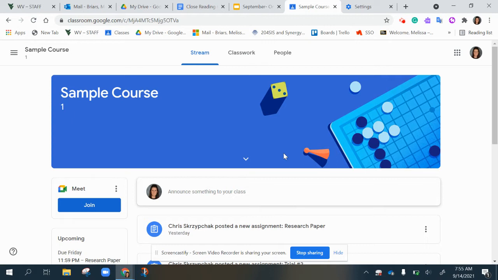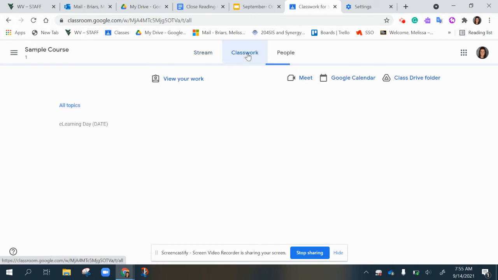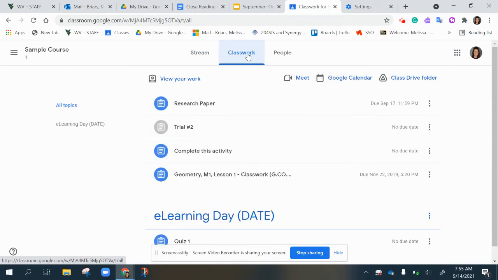The stream is where teachers will post weekly previews, reminders, whole class announcements, but specifically under the classwork tab is where teachers will post everything that is due. Okay, and you'll be able to have topics that you see. So if you see like Unit 1, Unit 2, or by week, you're able to find that information quickly there